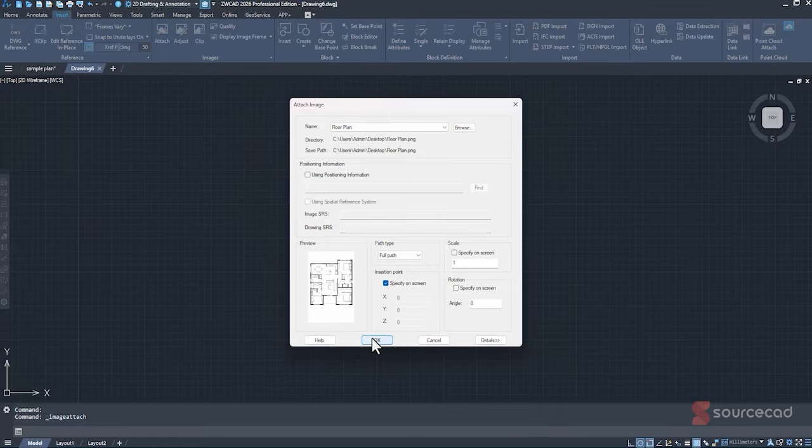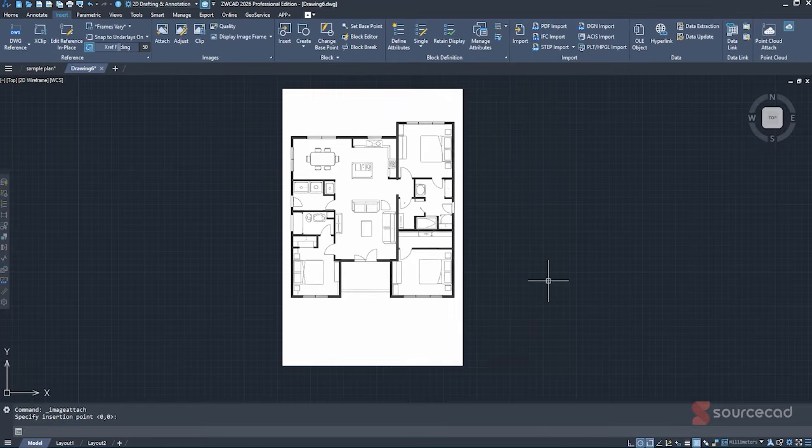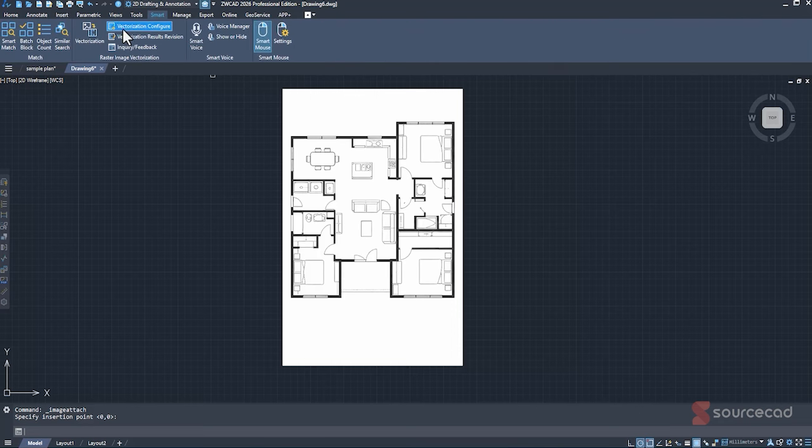I'll simply click OK with the default options and I'll click here. Now this image was created using ChatGPT. Of course you can create any kind of image if you want, and I'm using it as a reference just to show you how easy it is to attach an image like this and then convert it into a real drawing using the vectorization feature. So let's go to smart, and before I select this vectorization, I need to go to this